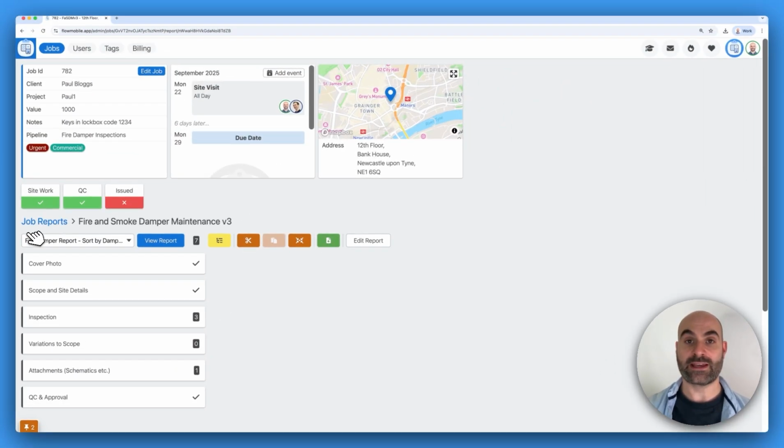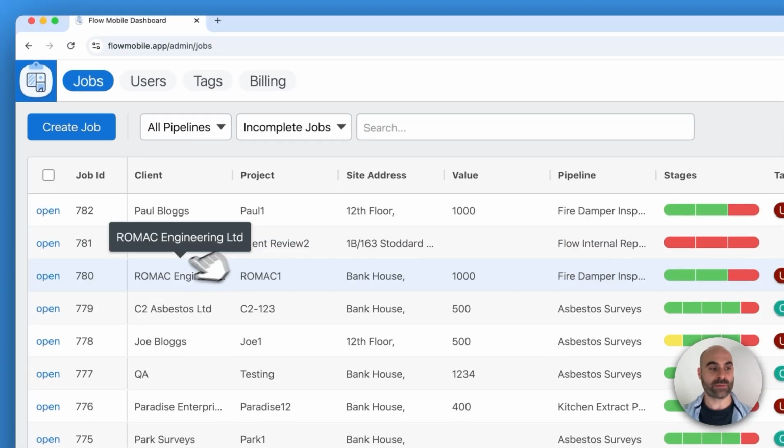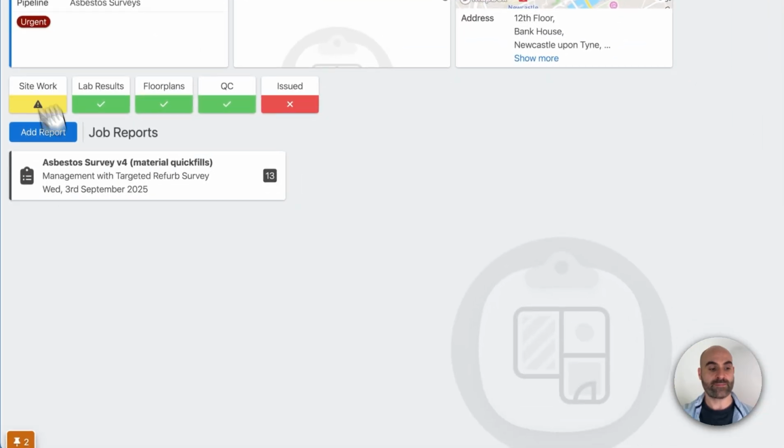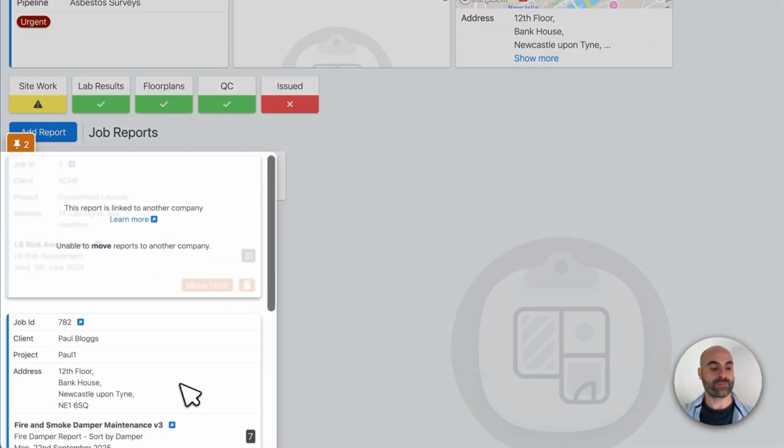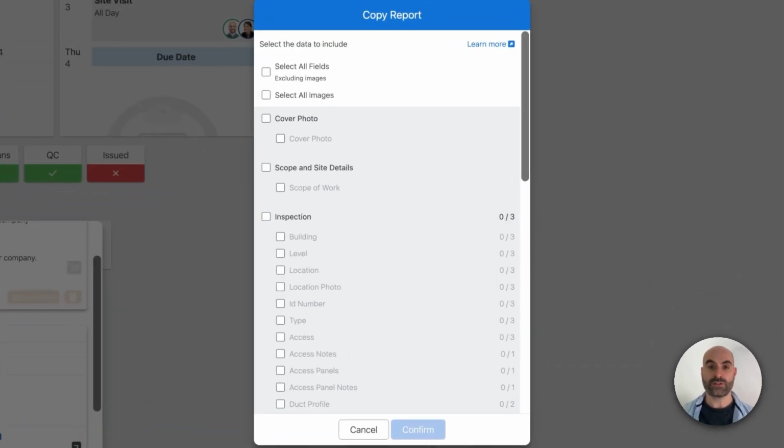I'm now going to navigate to another job. In reality, you would have created a brand new job for the reinspection. In my case, I'm just going to jump into a random one here. I'm going to open up the clipboard and I'm going to say copy here. So you're prompted as to which fields you'd like to copy over. I'm going to say it's going to be everything,